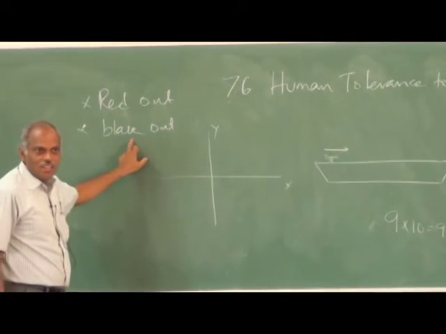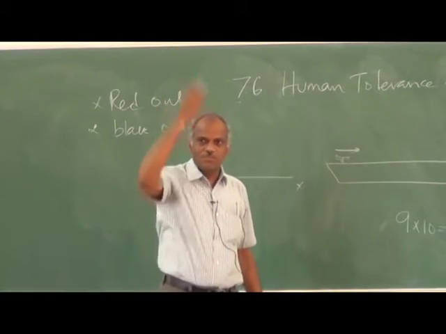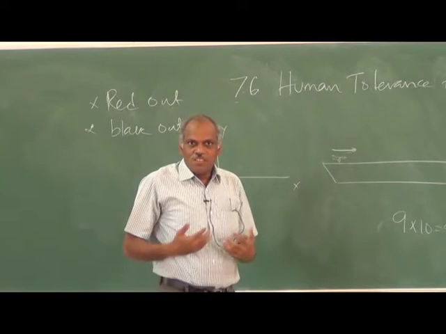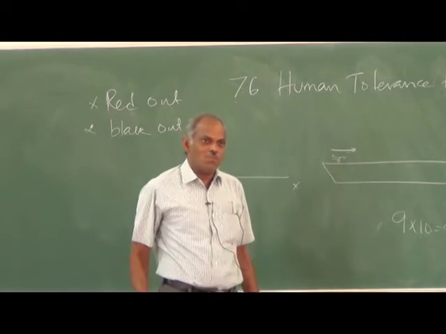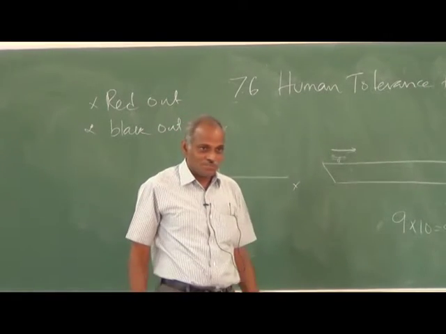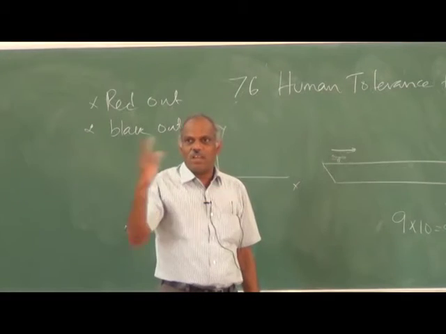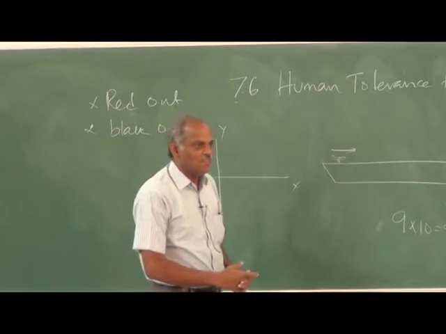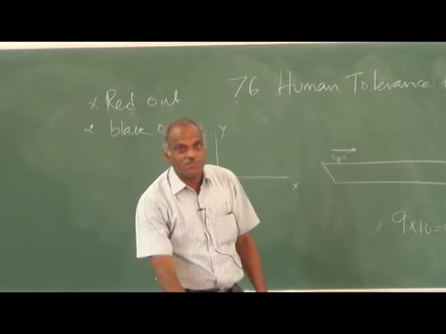That is called, another thing called blackout. When you are accelerated upwards, then all the blood will be towards the legs. So you have a deprivation of blood. What you will see is blackout. Either red out or blackout is due to the excessive blood or no blood to the brain, or both of them is capable of killing the person.